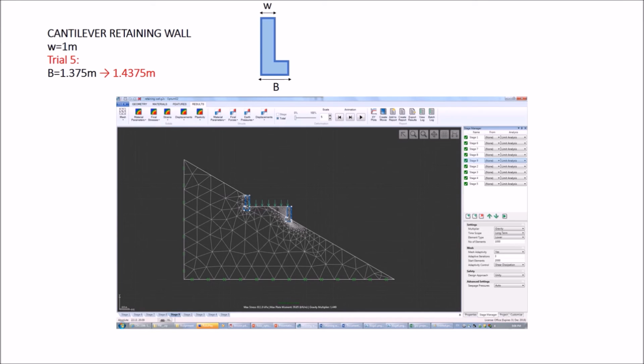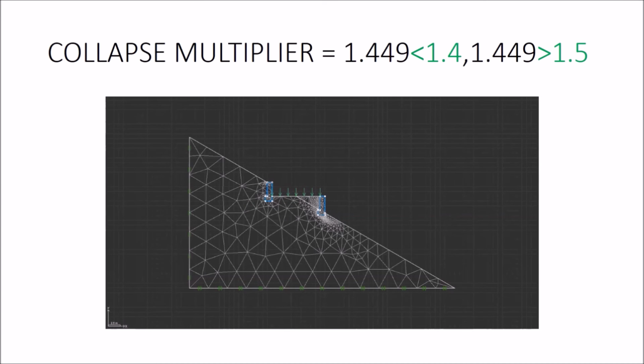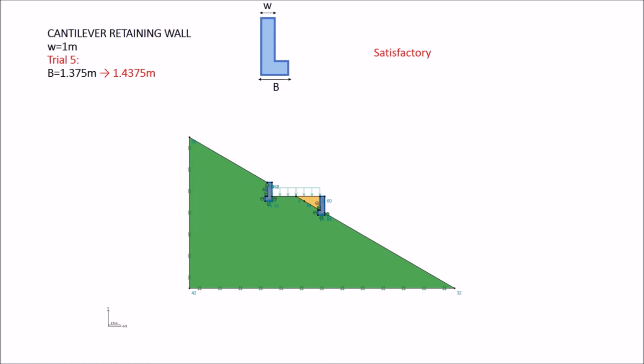that the safety factor is 1.449, which is between 1.4 and 1.5, and as shown, the predicted failure mode is that the bottom retaining wall is critical, similar to previous trials. So in trial 5, two cantilever retaining walls with a width of 1 meter and a lateral size of 1.4375 meters